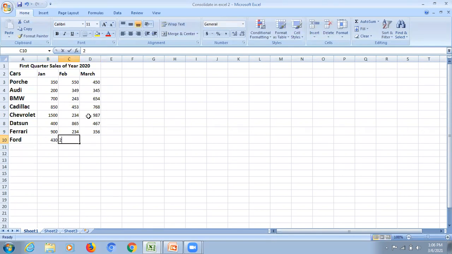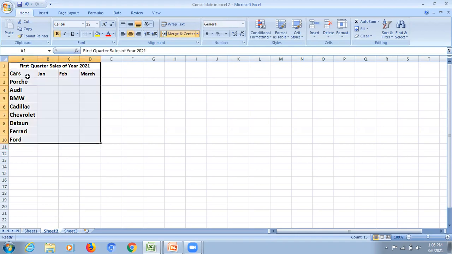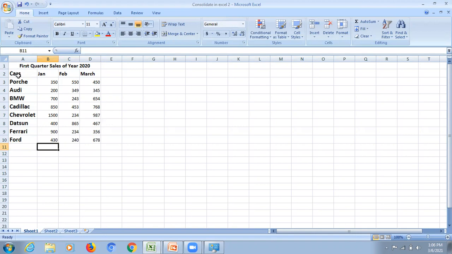You can use random numbers. Okay, I have entered it. Now, this is the first quarter sales of year 2020. In another sheet, I have entered first quarter sales of year 2021 and the same cars, Porsche, Audi, BMW in the same order. They have been written over here also. So if we want the consolidation, the order should be the same.